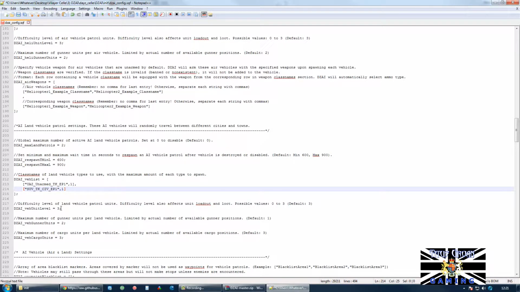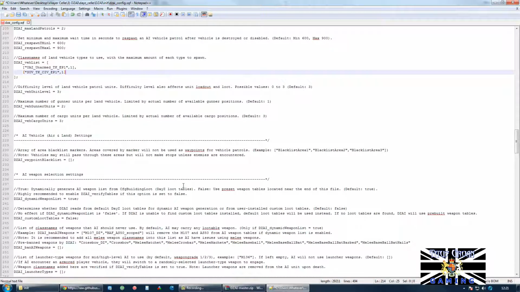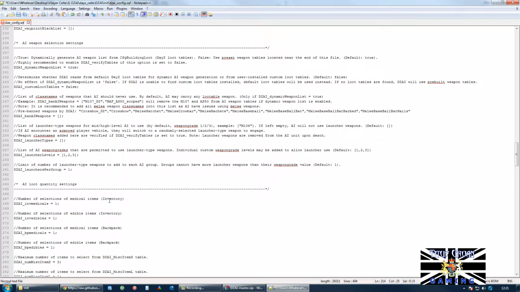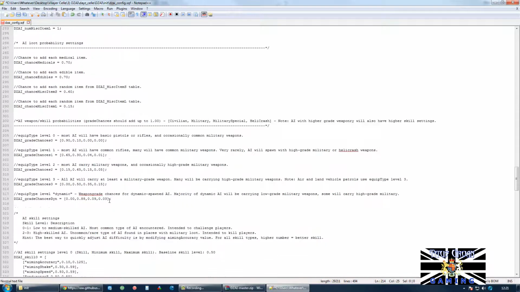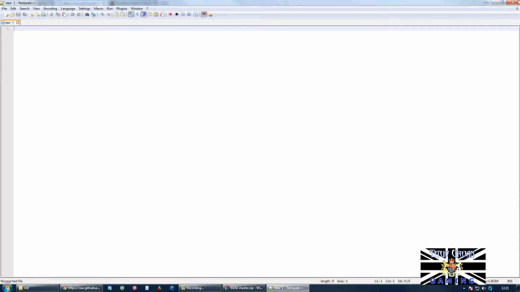Unit level, I'm going to leave that as it is, and the difficulty of the vehicle AI: the more difficult they are, the better gear they've got that you can take. I haven't got custom loot tables, so I'm just going to leave the rest exactly as it is. So you can go through and experiment and all that stuff. Right, so